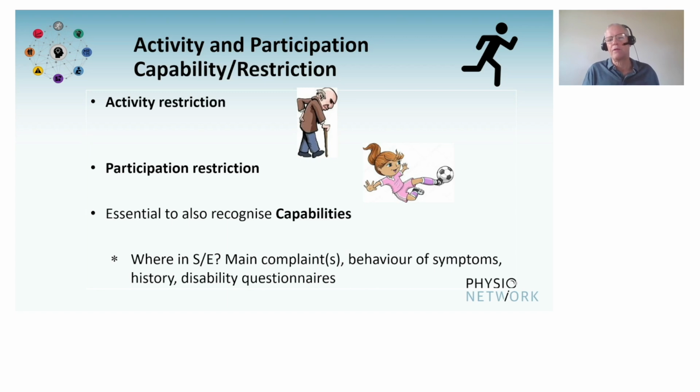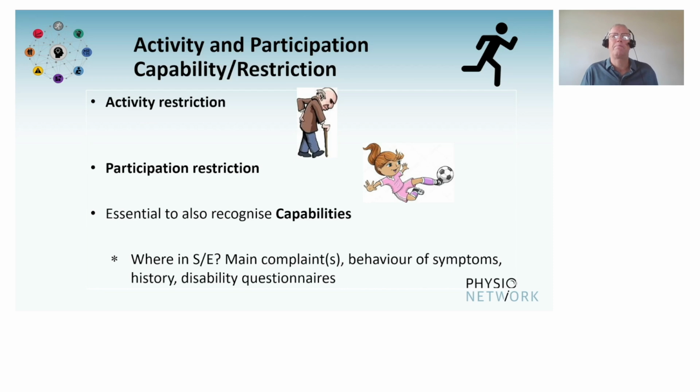Now, when you think about where this information comes from, in all categories of clinical judgment, we don't get the information from one single part of our assessment or examination. In fact, we get clues throughout the whole examination. And it's worth thinking about where the clues come from so that you're aware of that and alert to that information when it occurs. So, for example, information about the activity and participation often comes out very early